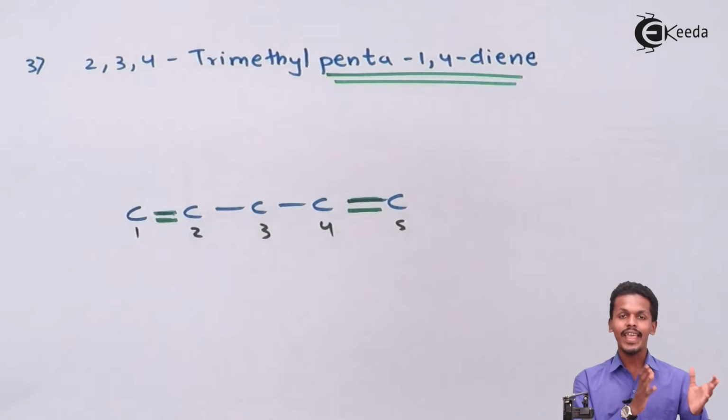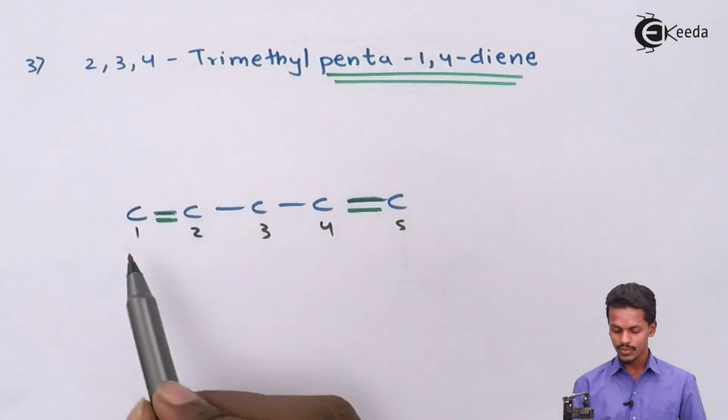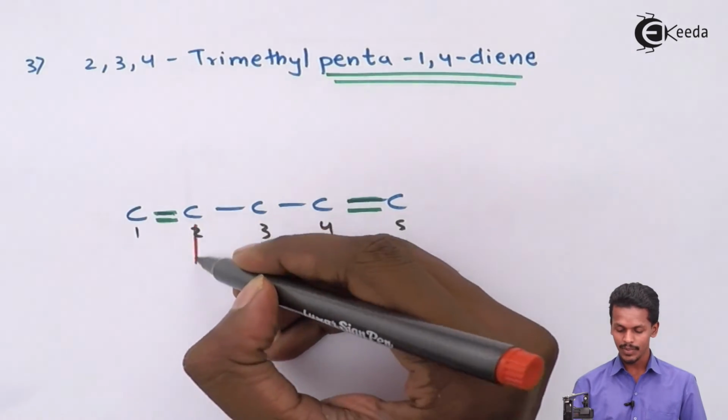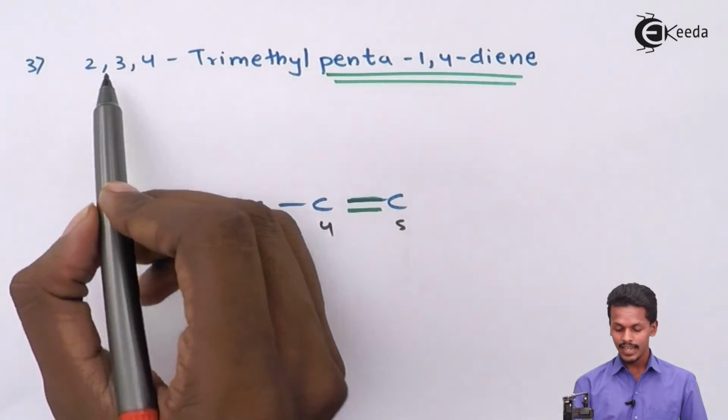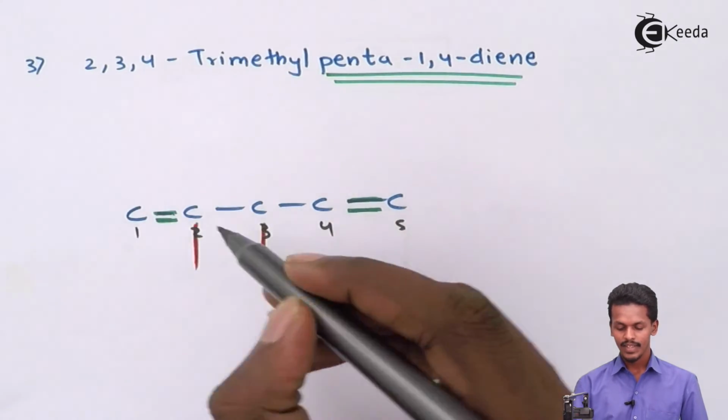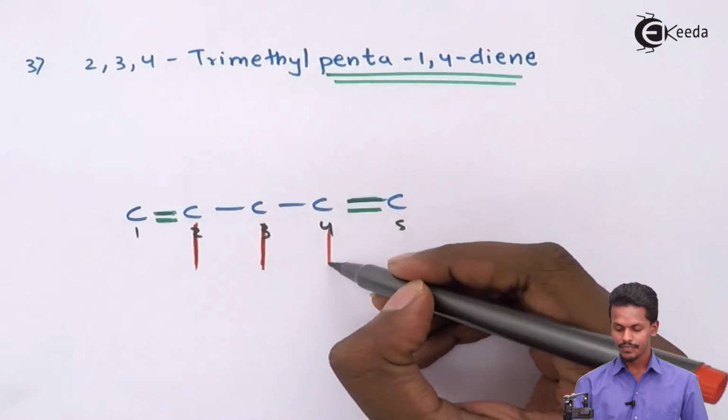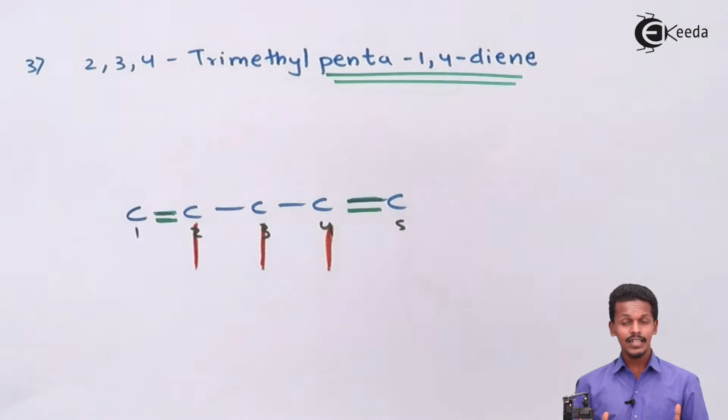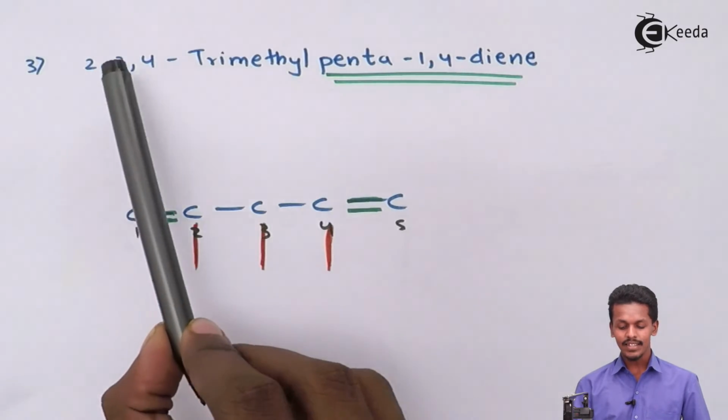And how did I get to know? First of all, let us see where the substituents are, or where the branching is. The branching is at, I would call it, the second one. So this is the second carbon atom, and here a branching is. Then again at the third one, and at the fourth one. So here it is branching, and what is attached to this is also a main concern. So on second, third, and fourth,